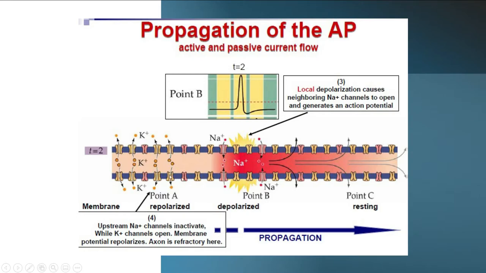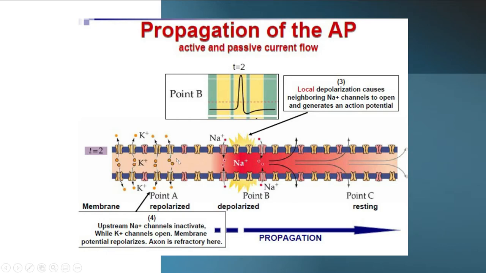So in this way, after the action potential is generated, positivity is created, and the increased permeability for sodium causes the depolarization in the nerve cell. This positivity will further open the other channels, and in this way more and more channels will be open and the impulse will be transferred to the other part. One more important factor that needs to be explained at this point is the refractory period.